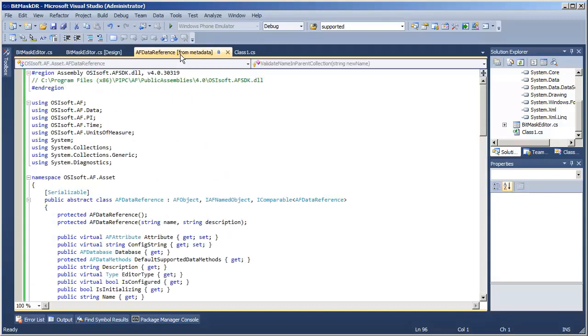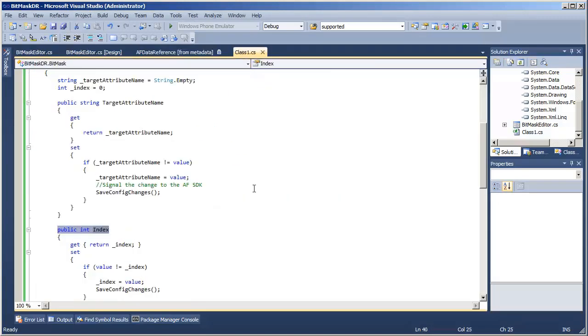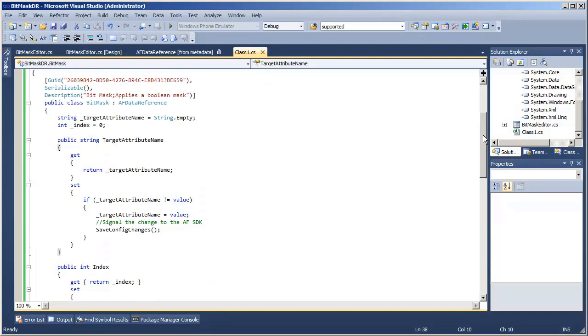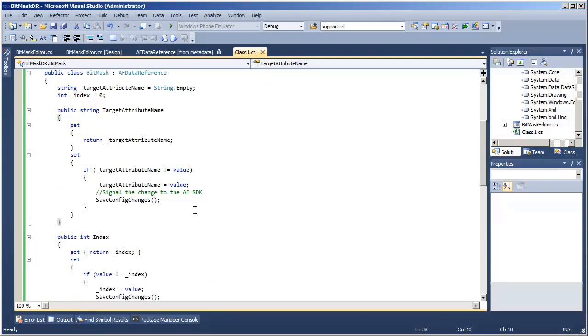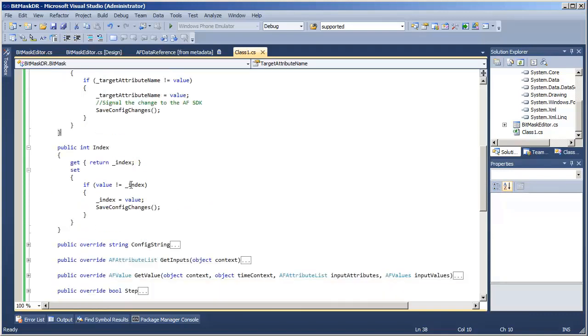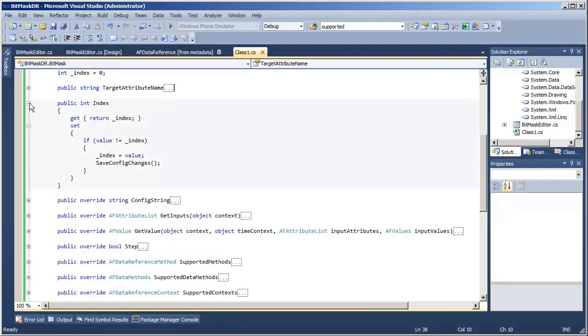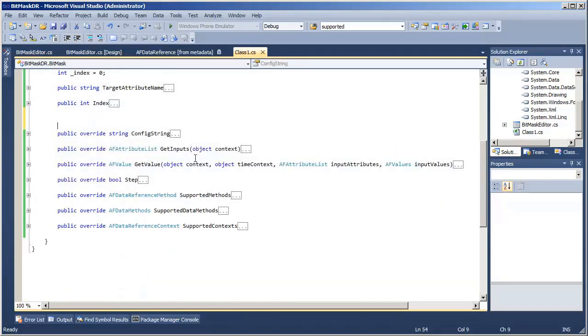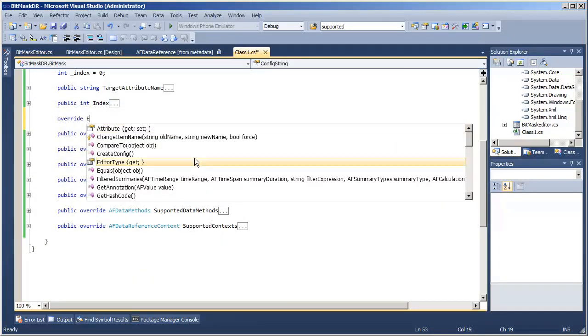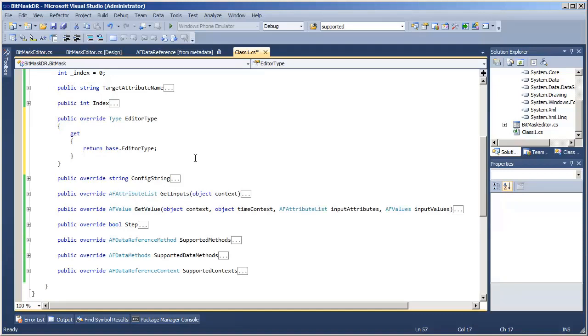So the final step is to tell our data reference that this editor exists. There's a property on the data reference class of editor type. So let's implement that. Close our properties there and implement the editor type property.